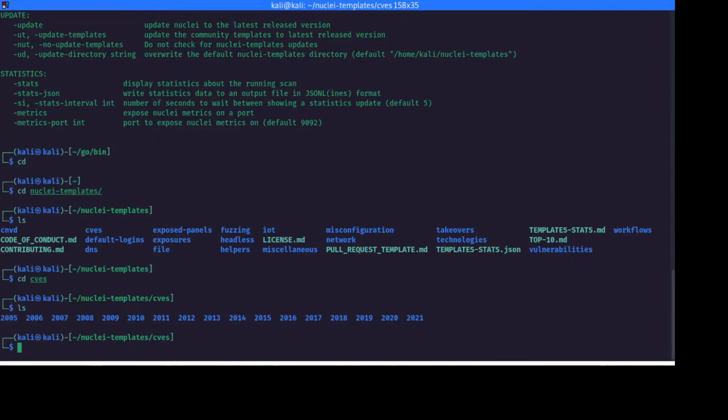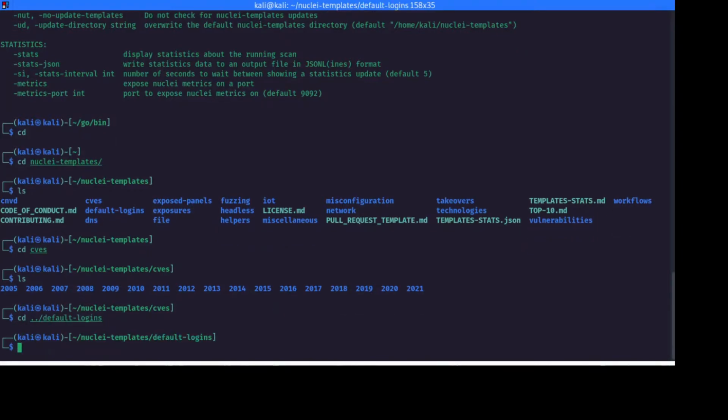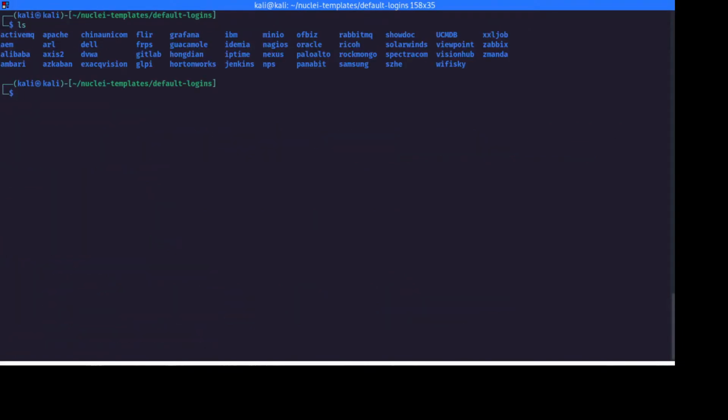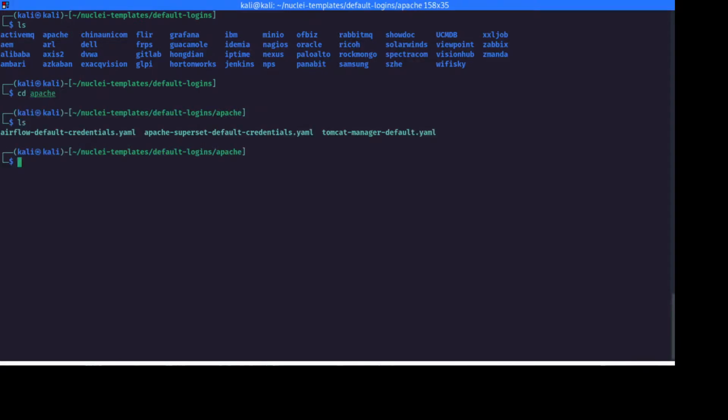That is also possible. Next, say for example, we want to go to default logins. If we have an Apache, that is very common. There are templates for Apache Tomcat, I will be showing you this also.